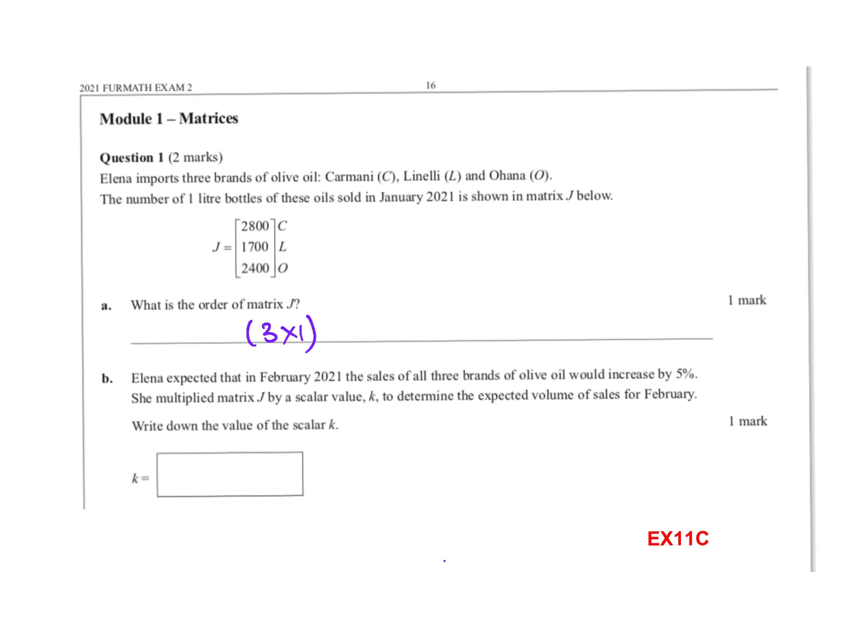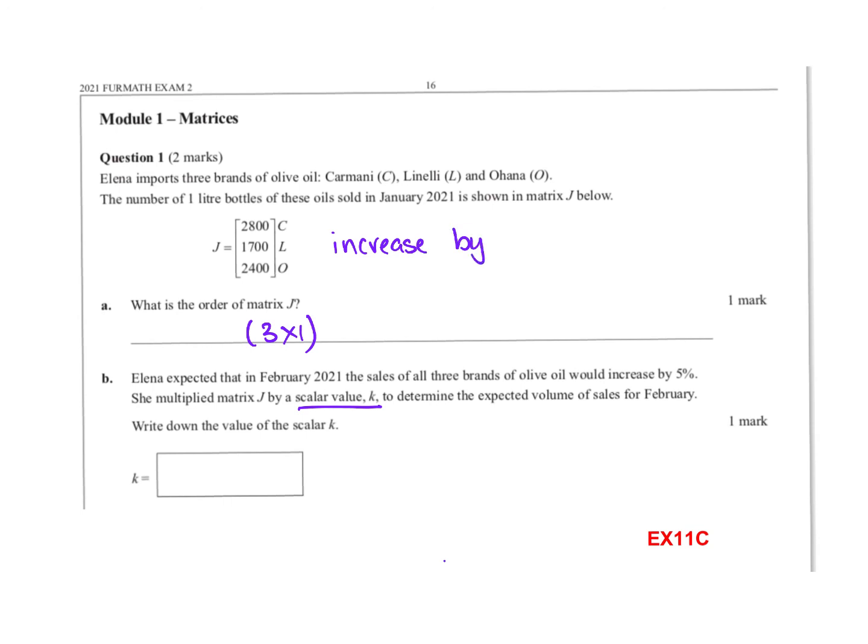Elena expected that in February 21, the sales of all 3 brands of olive oil would increase by 5%. She multiplied matrix J by a scalar value K. So they're just calling the number, the K, the scalar number. To determine the expected volume of sales for February, write down the value of the scalar. So what you want is you want to increase this